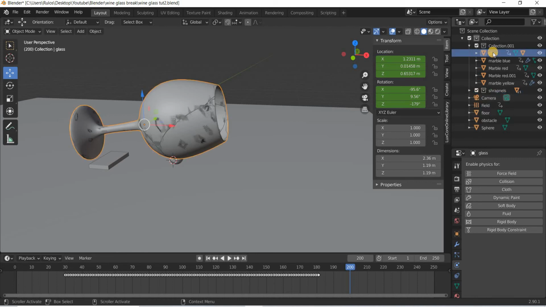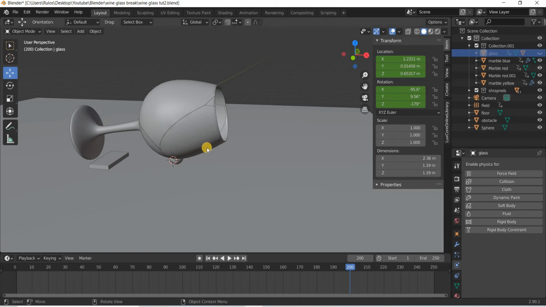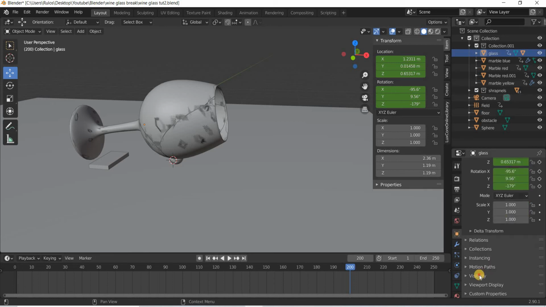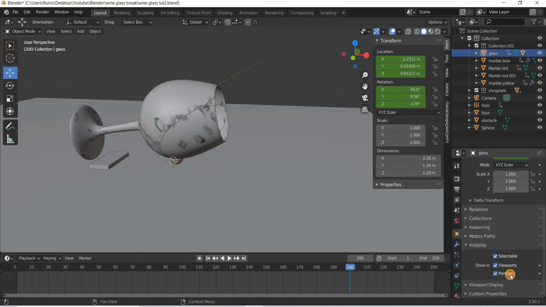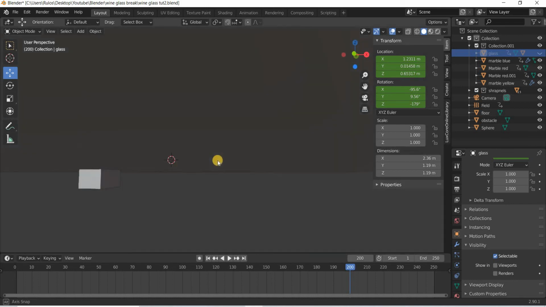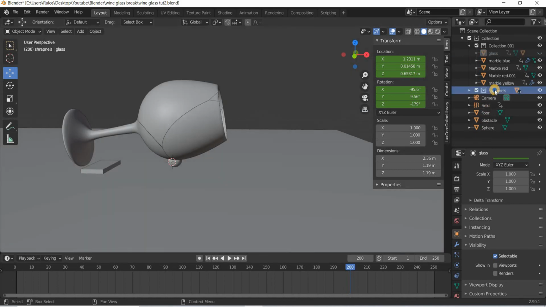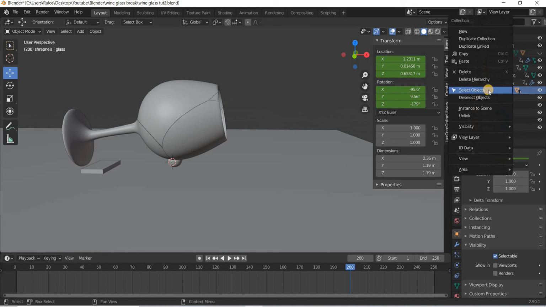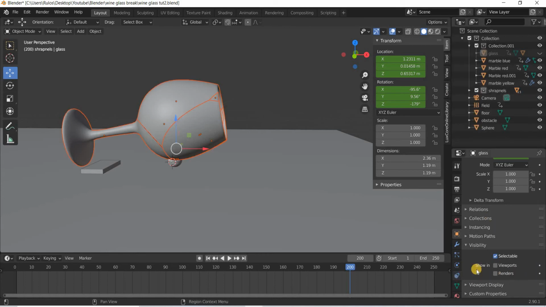This glass now is not necessary, so you can delete this one or simply hide it. We don't need it. And then you will also have to get rid of it from visibility in renderer, so by mistake it doesn't render in the final render. Okay, and now what we need to do is select the shrapnels, select objects, go to